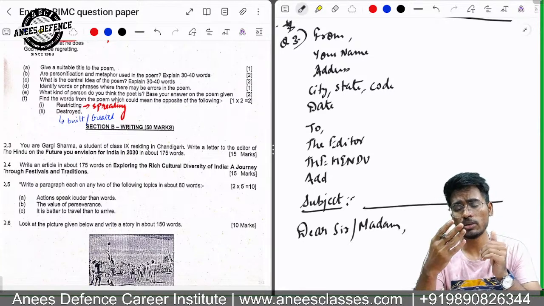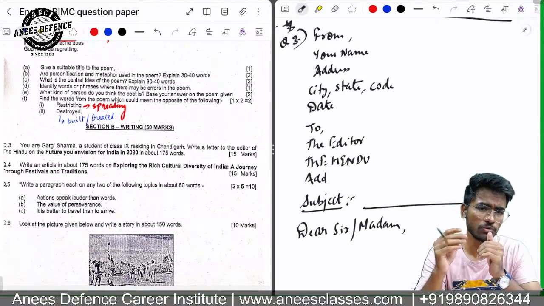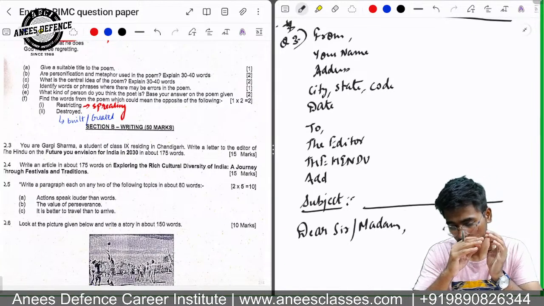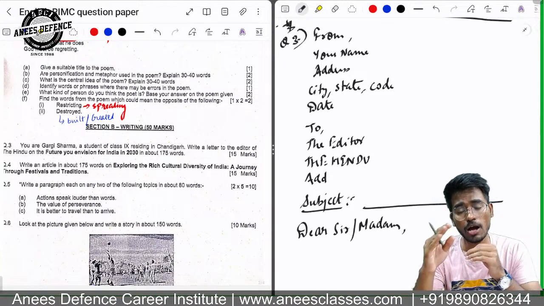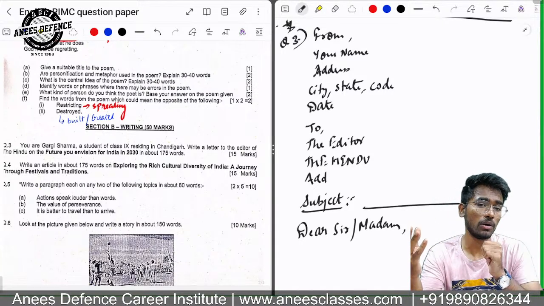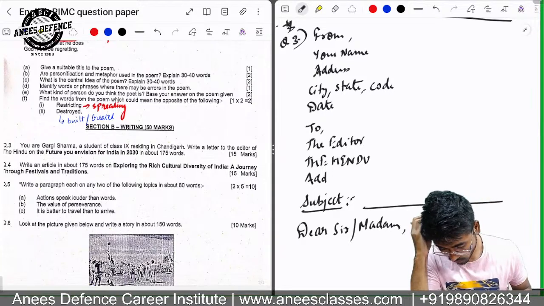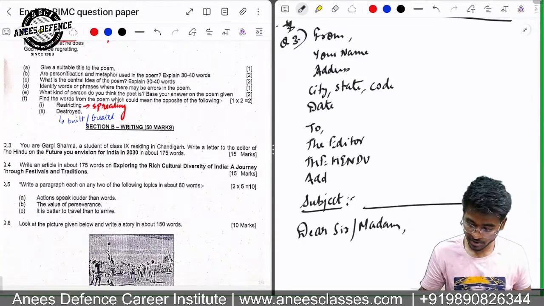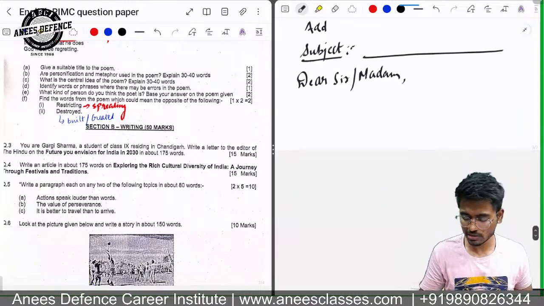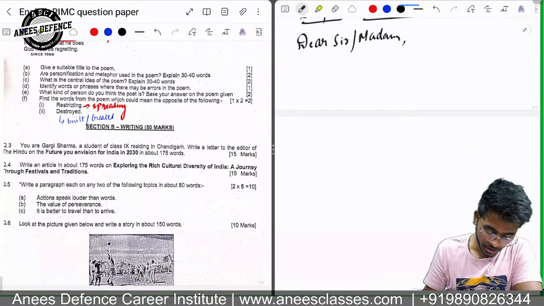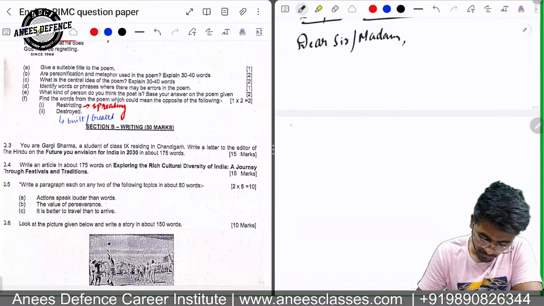So all these parts you should include, and you should write a proper letter with respect to your topic. Okay, so this will include all these sections, and how do you see India in 2030? I have told you what all things you should mention. If you have mentioned all the things or even some of them, then your letter is correct and you'll get good marks. Okay, the next question, question number 4.